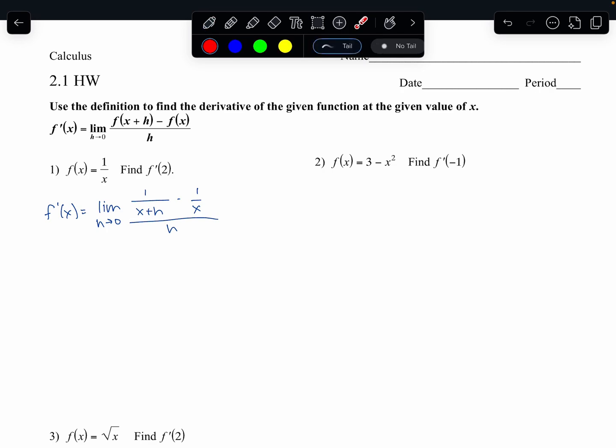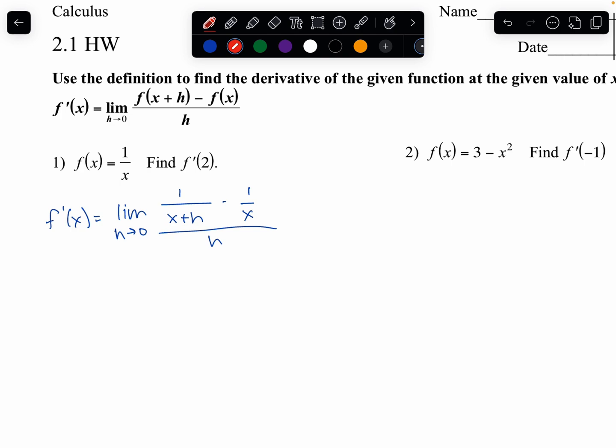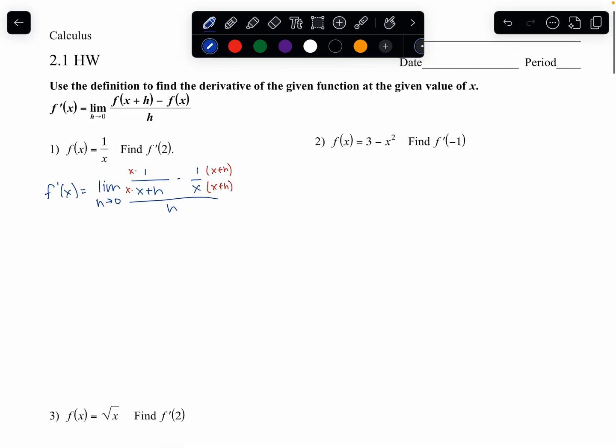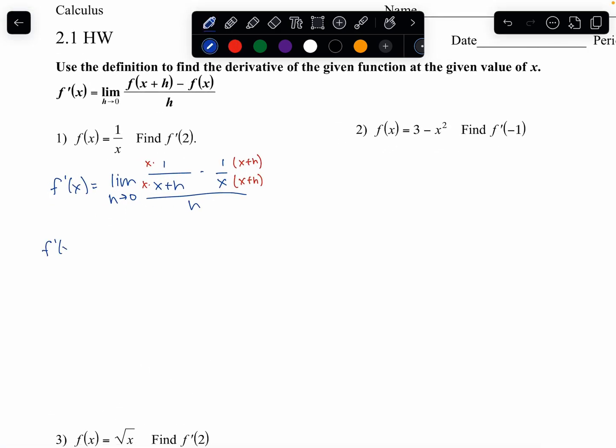So let's manipulate. Well, how else am I going to manipulate than by combining these two terms, and I need to get a common denominator in order to subtract them. So to get a common denominator, I'm going to multiply top and bottom of this expression by x plus h. So times by x plus h times by x plus h, but I also need to multiply this side by x. Okay? So then I get f prime of x is equal to the limit as h approaches 0 of